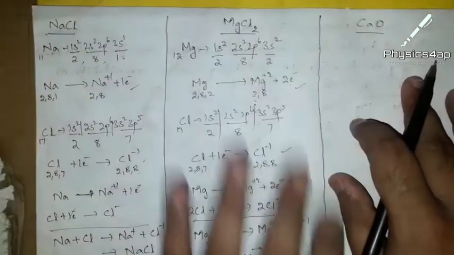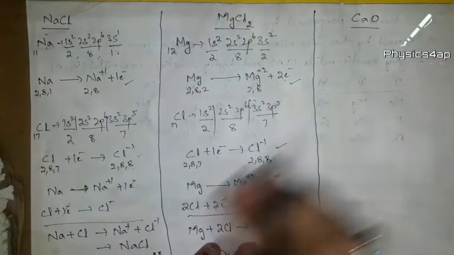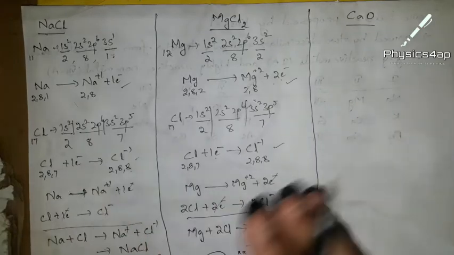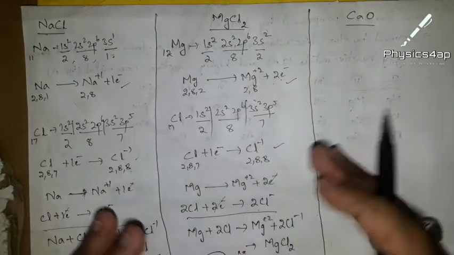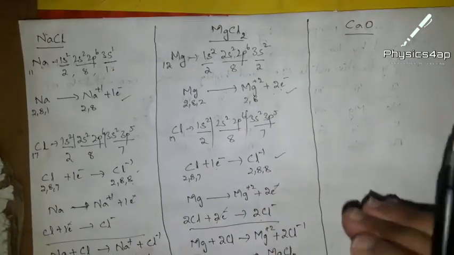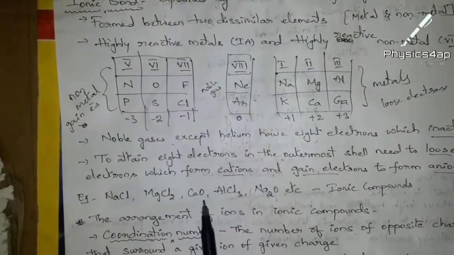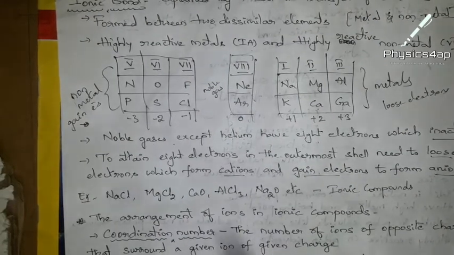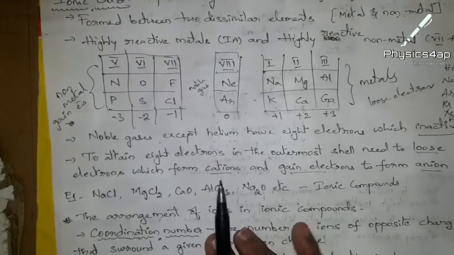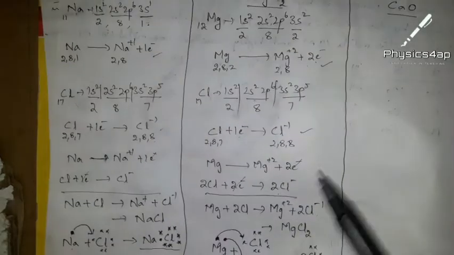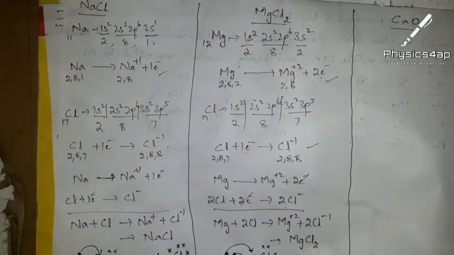The same you have to do for calcium oxide. It's work for you. Clear? Now this is about the ionic bond formation with compounds. Not only with this, with various compounds also we can do, as we have discussed in the examples, AlCl3, Na2O, and many examples are there. With many of these you can find out the ionic bond formation with the help of this method, how we have done just before. Clear?